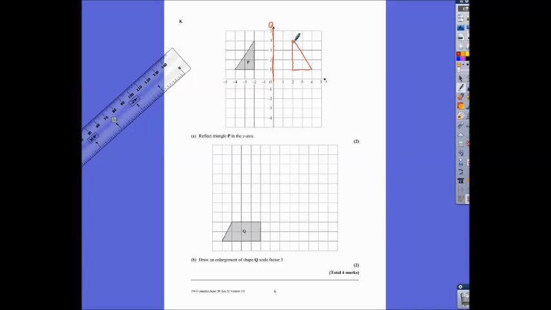Draw an enlargement of shape Q, scale factor of 3. So a scale factor of 3 means we're going to multiply all of these lengths by 3. So along the bottom is 4, so our new shape will be 12 across. Now there's no centre of enlargement, so we can just draw this anywhere. So I'm just going to start here. I'm going to go 12 across, so that's 2, 4, 6, 8, 10, 12. Just fits on there. On the original shape it went 2 up, so I'm going to multiply that by 3, so 2, 4, 6. Along here is 3, so I'm going to multiply that by 3 as well, so 3,